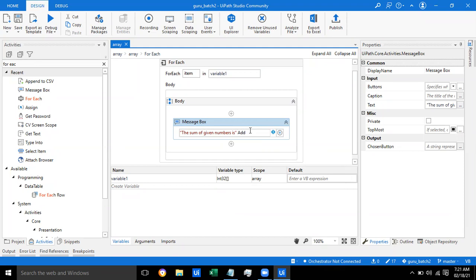Message box. How to find the sum of something. Factor, average, list. It's not coming. Okay, Umar, try to Google how can I add an array of integers. Yeah, I'm on Google. I'm Googling it.